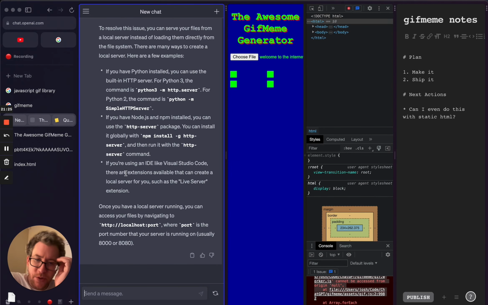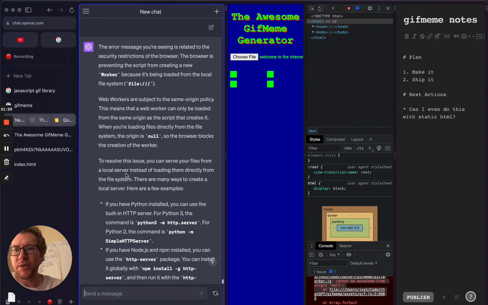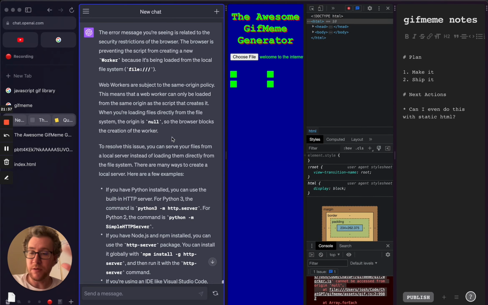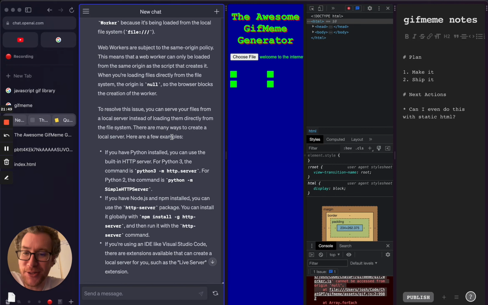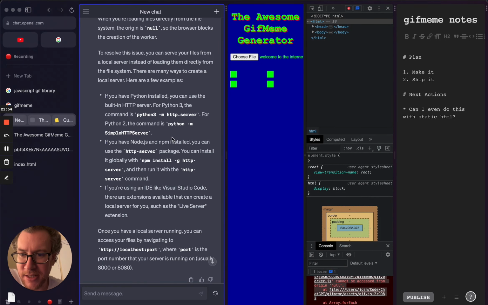Interesting. And now it's not working because of a security rule. So what's happening right here is it uses web workers, but they have the same origin policy. Which is good for users, you know, it keeps things sandboxed and you can only load things from certain servers if it's on the server. So it makes sense, but is extremely annoying in this instance because I do not want to create a server. But I don't want to do this, but maybe I'll have to.